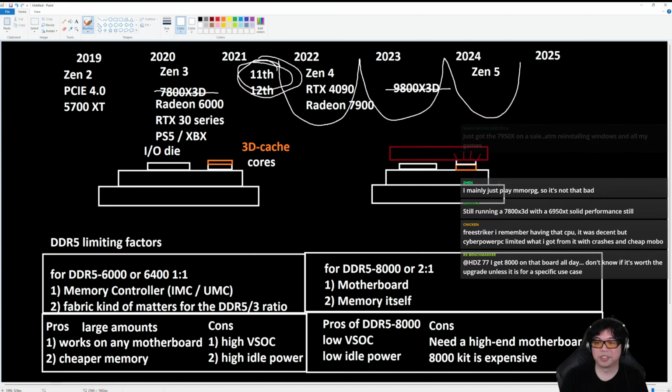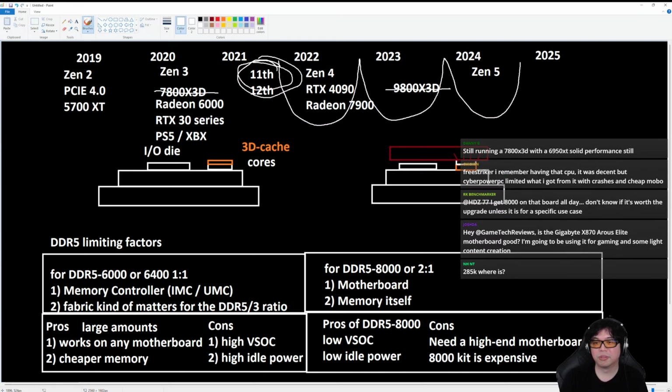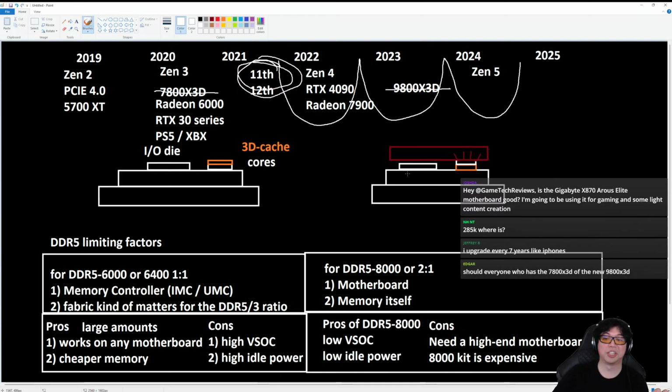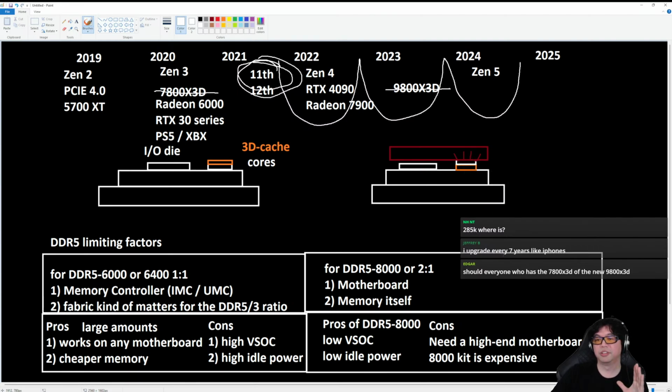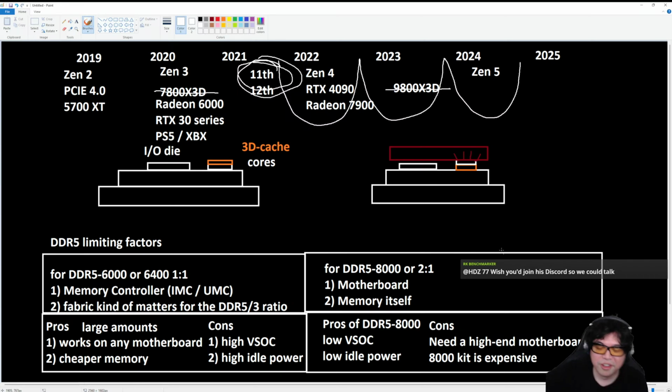if you're on a fixed budget, would you spend more on 8000 DDR5 or a better motherboard with DDR5? Okay, that is an interesting comment. But the comment doesn't take into account what was said earlier. So there's a dichotomy with the comment about 8000 DDR5 or a better motherboard with DDR6000. So, okay, first of all,